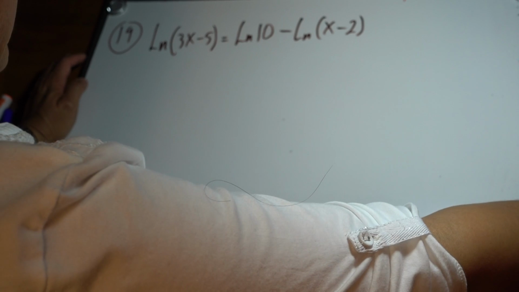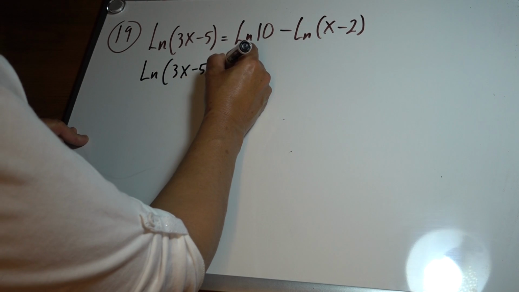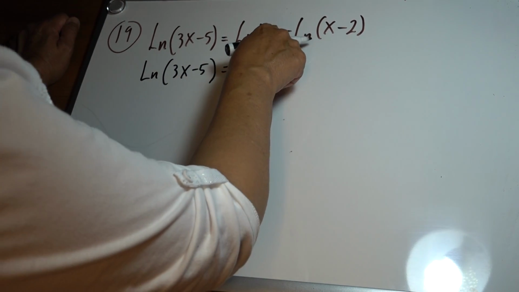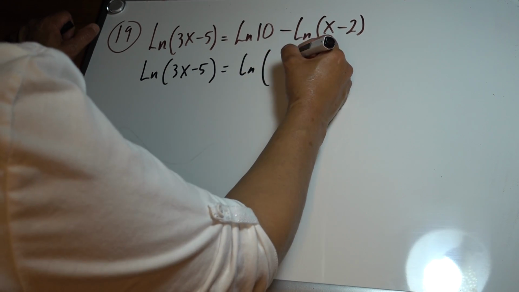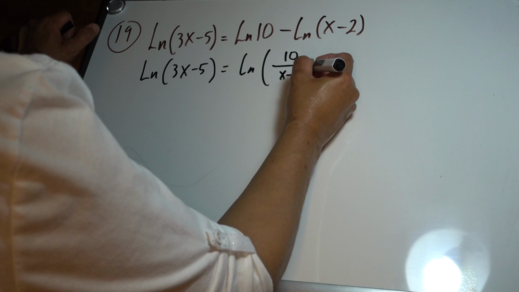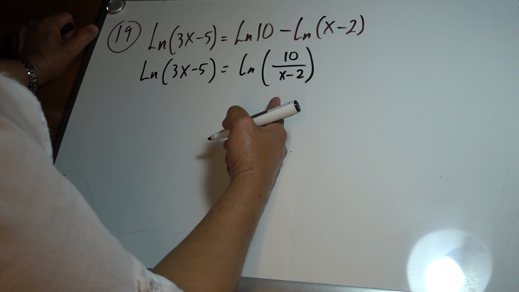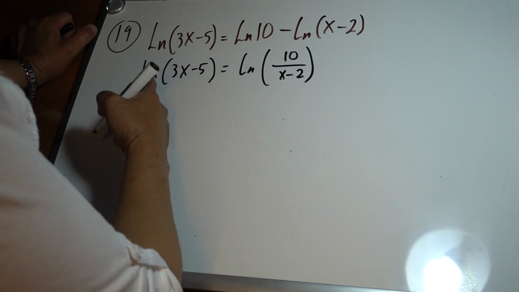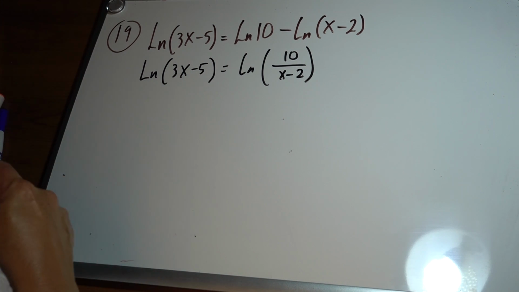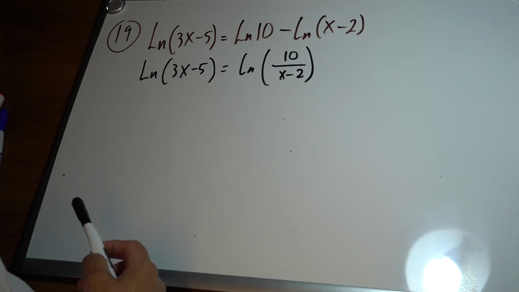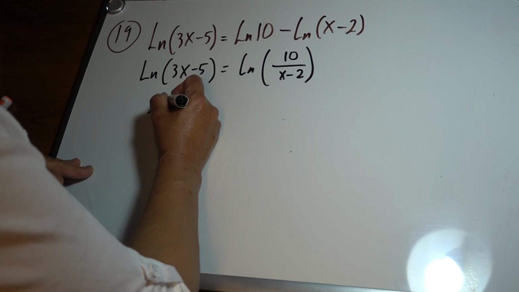So what I'm going to do here is rewrite natural log of 3x minus 5 equals natural log. Since this one is subtraction, we can condense it as a natural log of 10 over x minus 2. We have that rule of condensing. From here, since we have the same natural log in both parts, and like I said, the logarithmic function is a one-to-one function, so we can just ignore the natural log and say, okay, then 3x minus 5